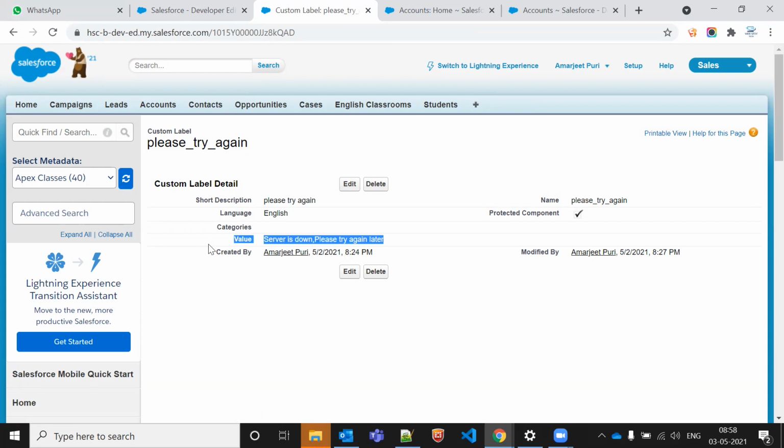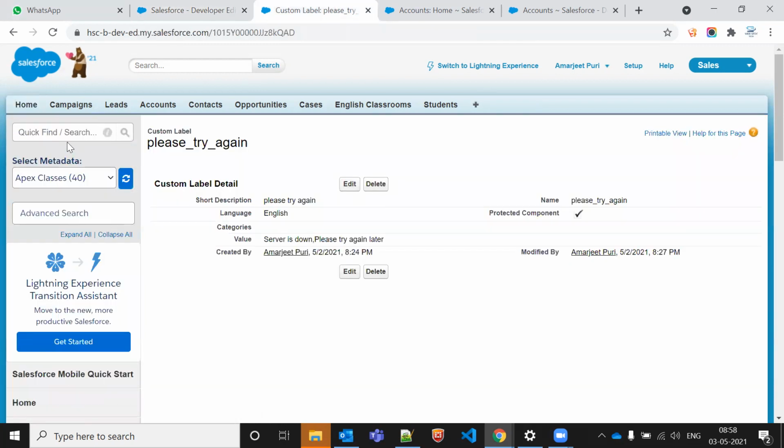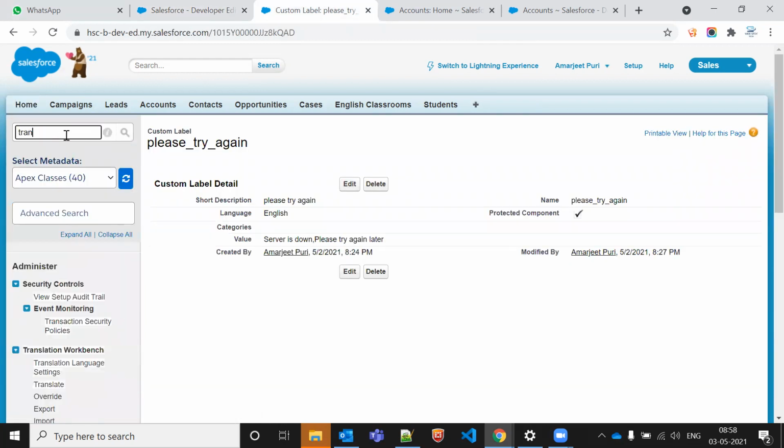The second benefit of custom label is, let's say I'm logging in to Salesforce and my language is English. So I'm able to see the English language, which means I can understand. But if there is some Chinese person, or any language you can take, and they are logging in to Salesforce, they are not aware of the English language. They want to see these words in their own language only. Which means we can say translation. So it also does the translation as well. So how will it be translated? I'll go to translation.